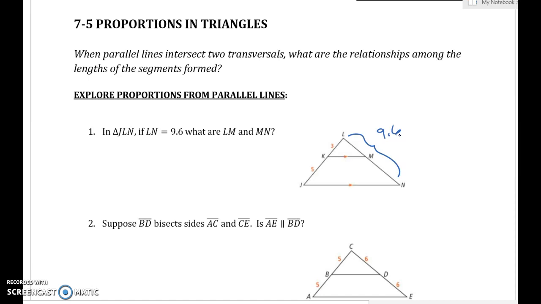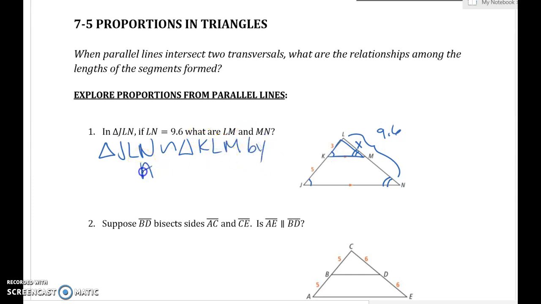So we're going to start by first labeling what we need to find, which is X. As of right now, we don't really know anything about the similarity of these triangles. However, given that KM and JN are parallel as labeled by those arrows, we know that angle LKM and angle LJN are congruent, and angle LMK and angle LNJ are congruent by corresponding angles postulate, if you remember that from our triangle proofs. So then we know that triangle JLN is actually similar to triangle KLM right there